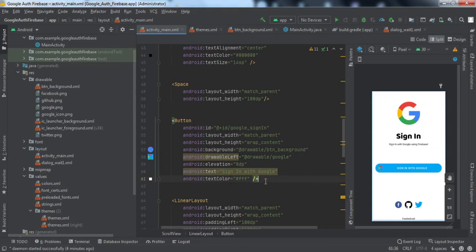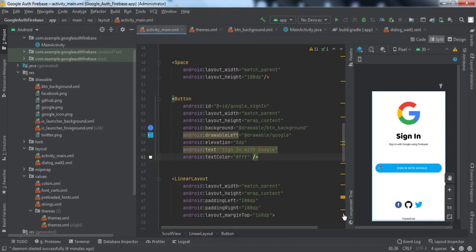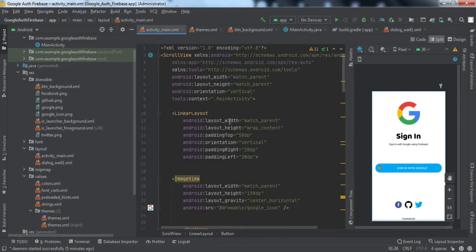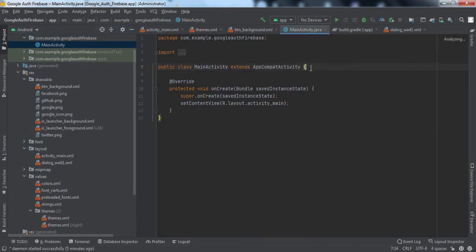If you exactly want this layout, I'll be putting the link for the source code of this file in the description below. You can always check it out after you finish this tutorial, right? We'll mainly be looking into the backend code because I know you will not be exactly implementing these things to your app. So the main thing is this button. While clicking on this button, we will do something in the Java file. So this is the front end. Now we'll quickly dive into the backend part, right?